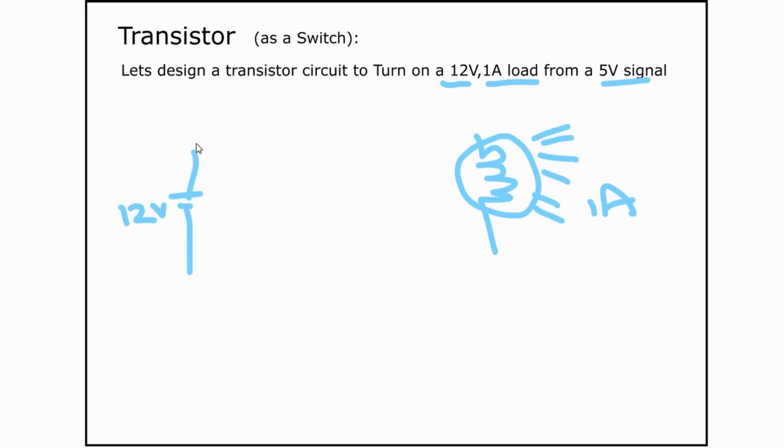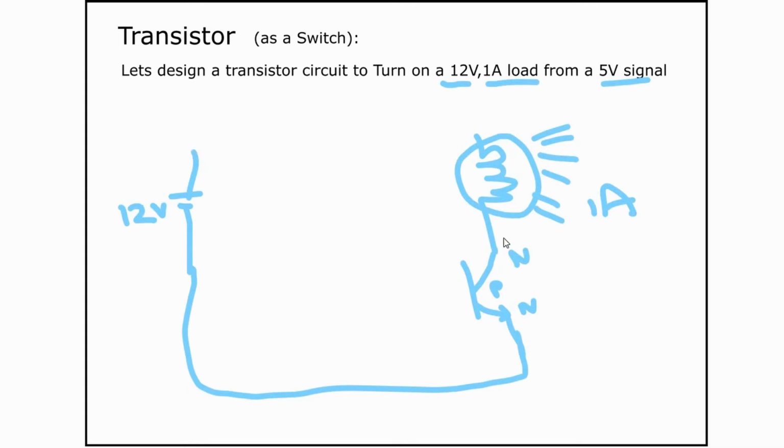So now I can switch a positive line or a negative line. I will switch the negative line because, as I told you, it's easier to switch a negative line using an NPN transistor where the maximum base voltage is 5 volts. So I will use, again, an NPN. The emitter, which is negative, will go to the supply and the collector will go to the load, and the other end of the load to the supply.